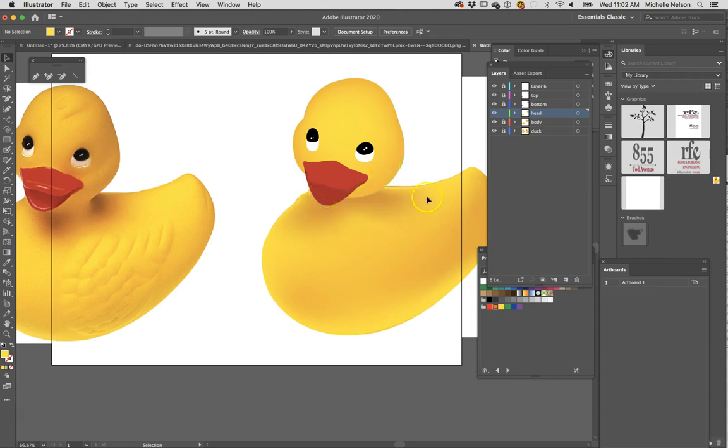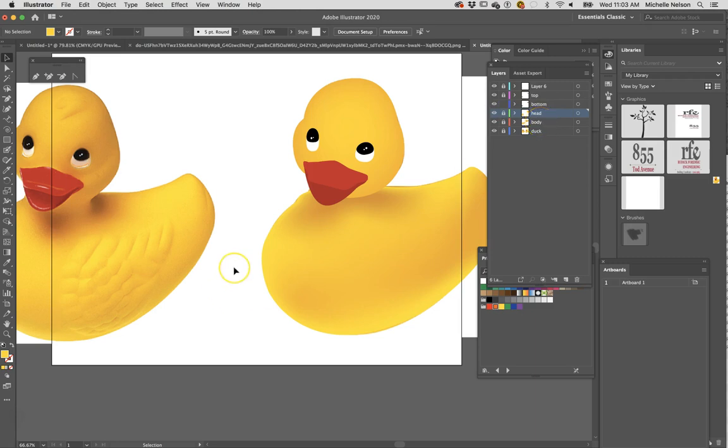So we're going to leave those guys alone for the time being, and now we're going to move on to his bill, because the bill is actually, I don't like the way that that's working. It's maybe a little bit too bright. All right, better. All right, so the next thing we're going to do is do his bill. You can see that they have two highlights that I consider to be really important, and those are oddly enough easier than you would assume. So we're going to go ahead and lock our head,